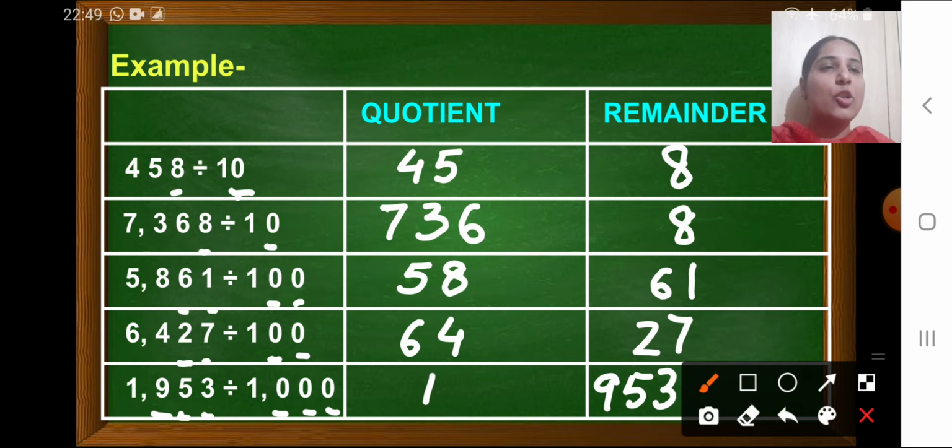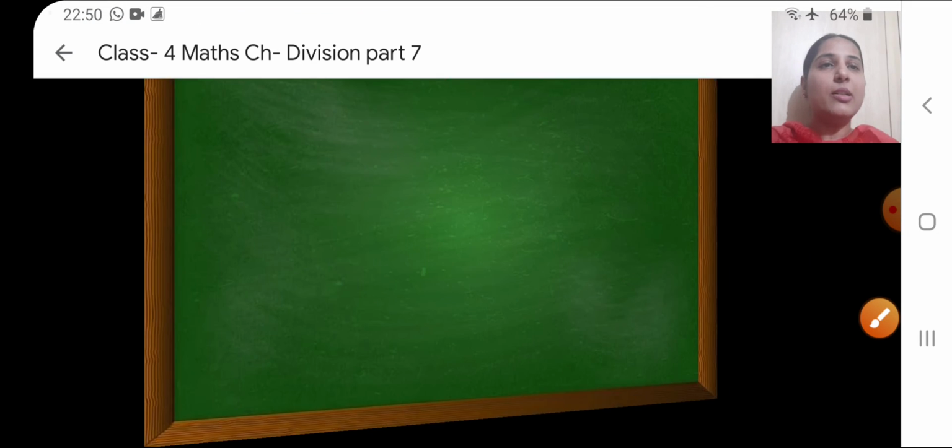Simple. So in this way we can divide and find the quotient and remainder if the divisor is 10, 100 or 1000. Okay. Now children, let's see